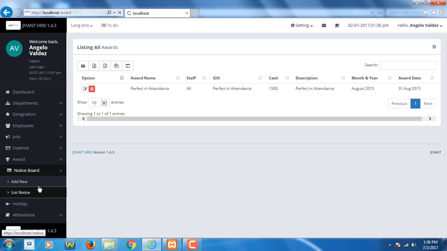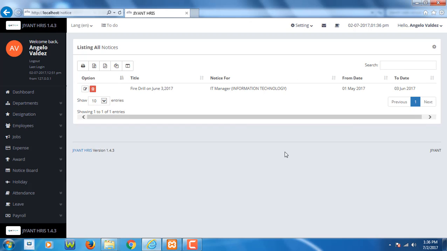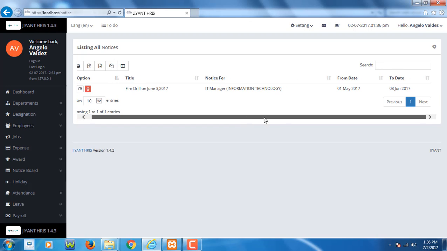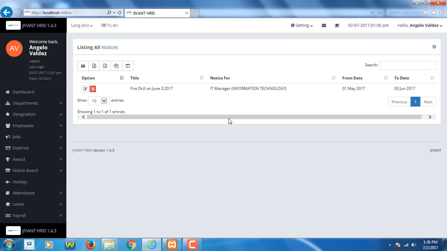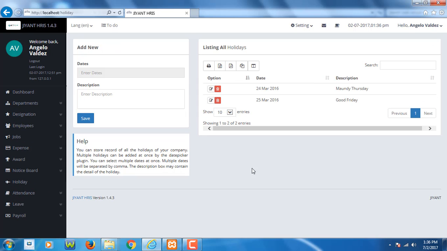And you have maintenance for a notice board. This is an online notice board where employees can see it when they log in. We also have maintenance for holidays. This is where you put all the holidays within the year, or you can also input in advance.